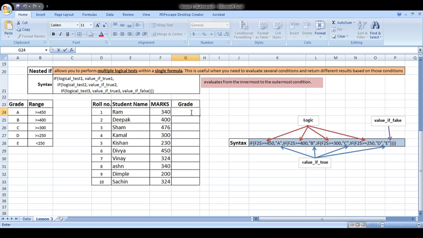So let's try this one. So IF, then double click, then it's asking for the logical test. I want this grade, if it is greater than or equal to 450, I want my true value A to be reflected. Okay, so comma,